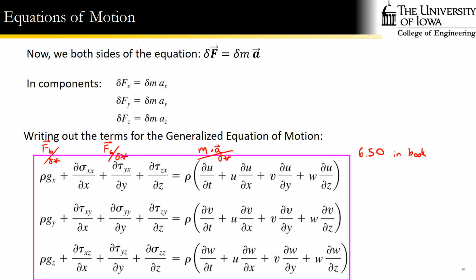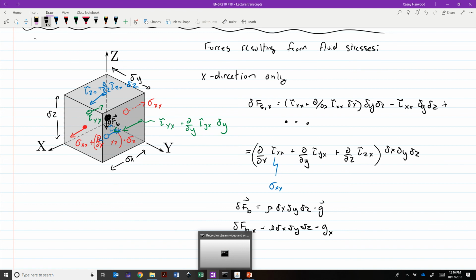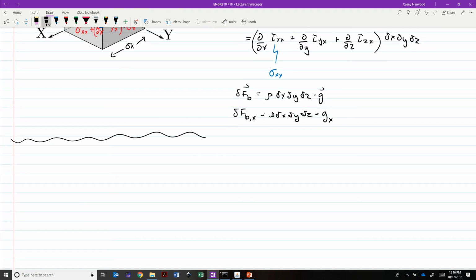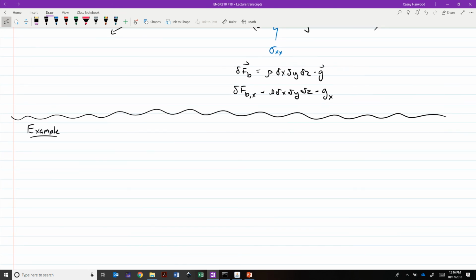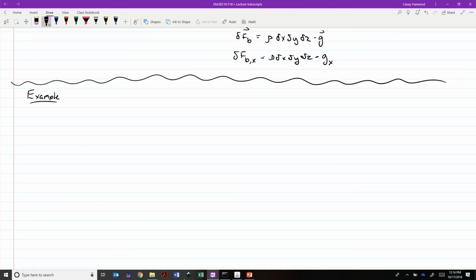Okay. I've got only about 4 minutes, but that should be enough to at least walk through the steps for an example problem that I made up that'll help with the homework. You'll note that tonight's homework is only one problem. It basically comes to plugging in known values into those equations of motion and trying to find the unknown. But if we assume that we've got steady flow in 2 dimensions,